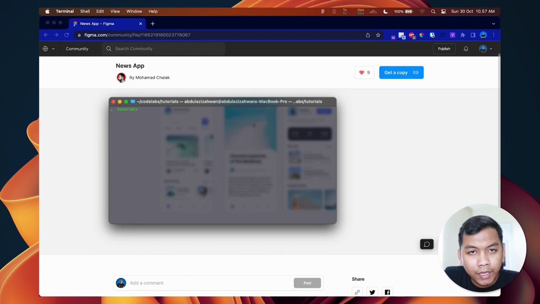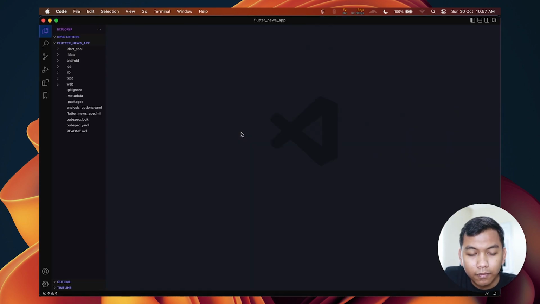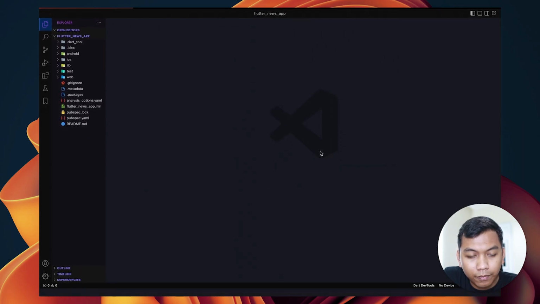So I have created a project using the terminal. So I just need to go to the project, and I want to open it using Visual Studio Code. Alright, and this is our project. And as usual, I want to make it full screen.